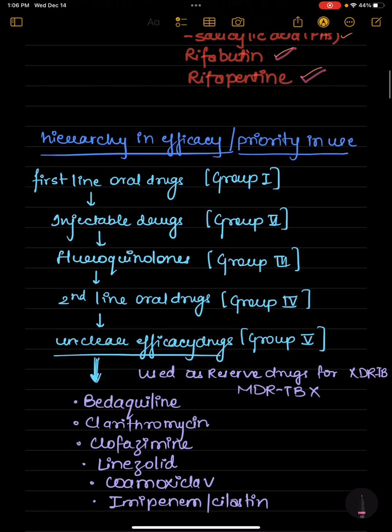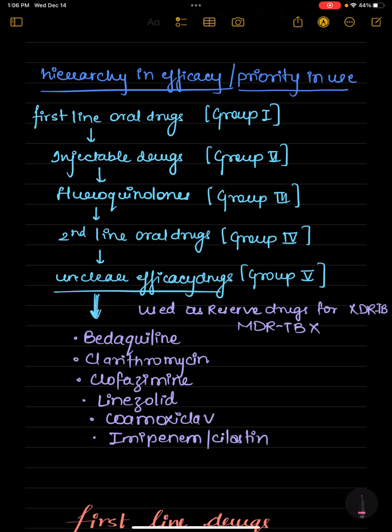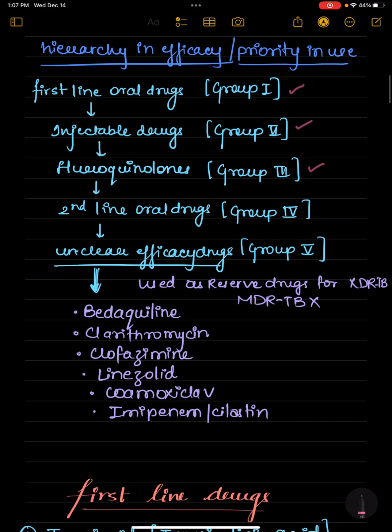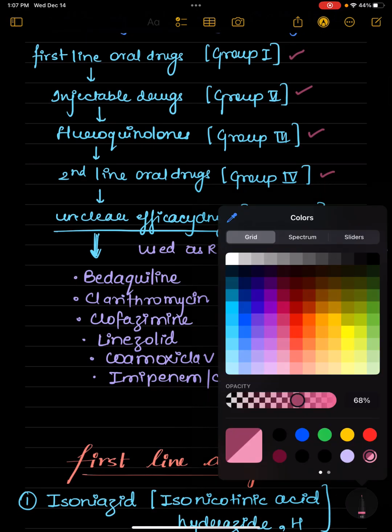Let's see the hierarchy in efficacy or the priority according to which we use the drugs. First priority is given to first line oral drugs, HRZE. Next priority is given to injectable drugs. Next priority is given to fluoroquinolones, and the next priority is given to second line oral drugs, and the final, the newer drugs such as